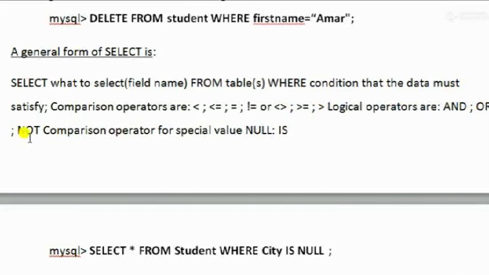These are the logical operators, these are the relational operators, all those things we have discussed earlier.